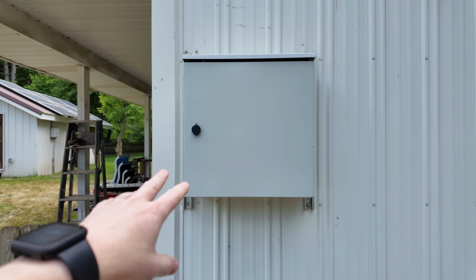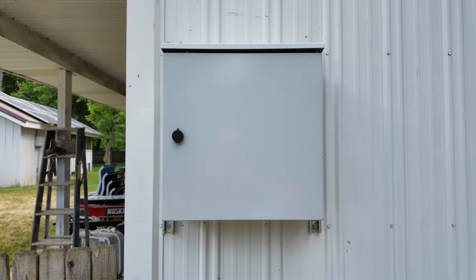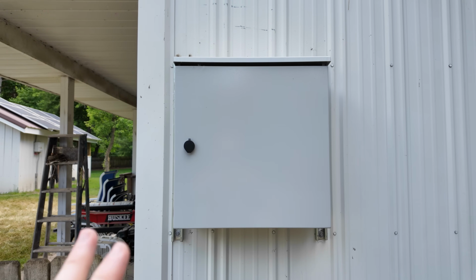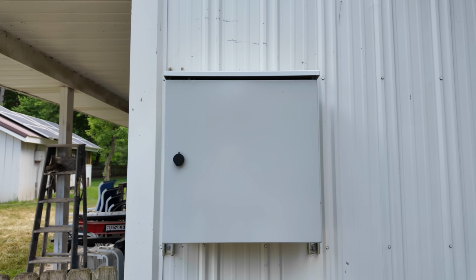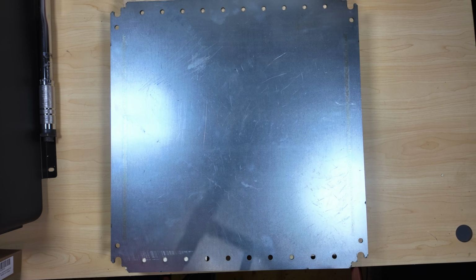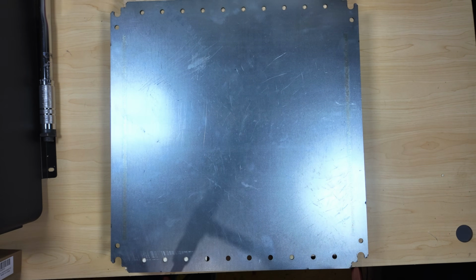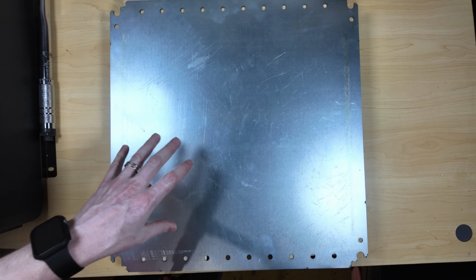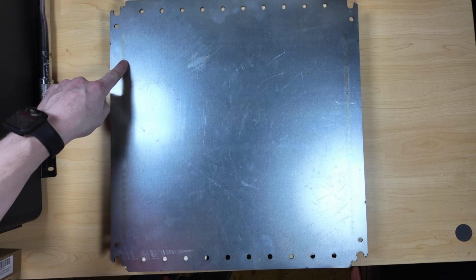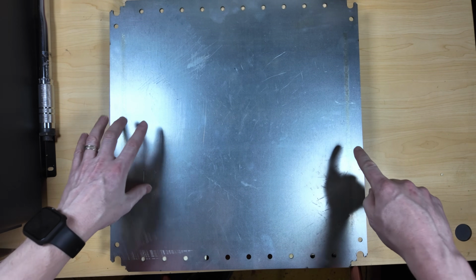So first thing we'll need to do is open this thing up. There is a backer plate that we can take inside to be able to build out our layout of how we're going to put this whole thing together. And this plate is actually 18 1/4 by 17 3/4, and it's 16th inch thick steel, I would imagine. It does have little markers on the side to help you line up whatever you're going to mount to